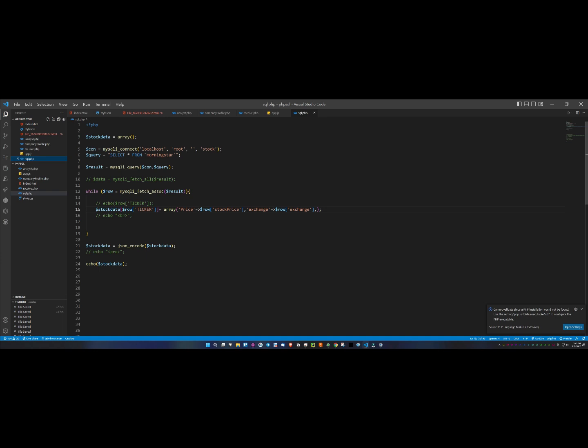Here I'm running a basic query to select all the stocks from Morningstar, and after that we have to JSON encode it to get the data transferred back to the app.js file. The way you do that is you can actually run some queries to see. So here the stock data is ticker, and then array price row. It can be converted to a JSON file,